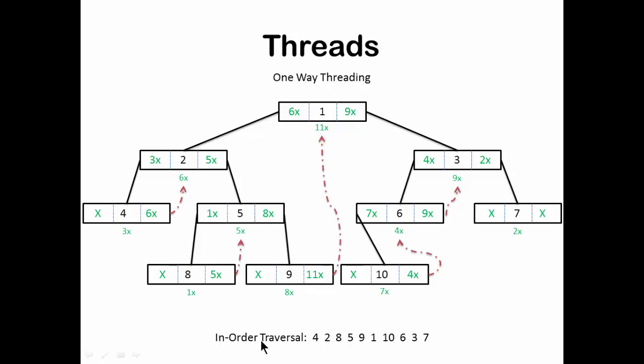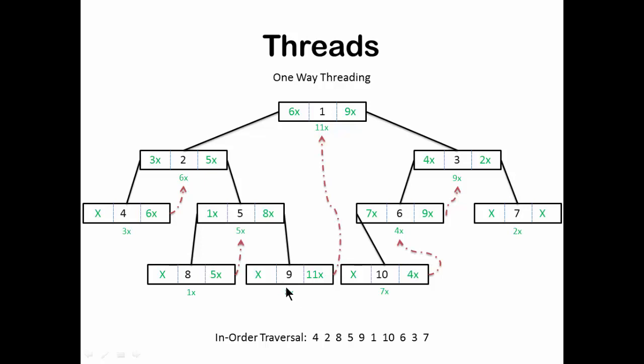Now this in-order traversal is something that I'll be talking about in the next video. Till then, just have patience and assume that there is some in-order traversal which tells me about the successor and predecessor of the nodes, and therefore I can have the pointers pointing towards these nodes. These are called threads. Now one advantage of having threads is that I'm utilizing my null pointer space with some pointers which are pointing toward a value which might be of interest to me.